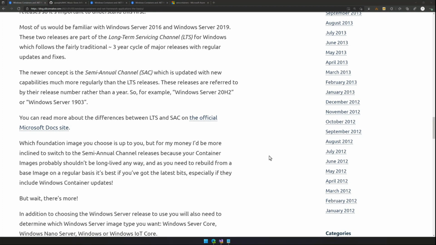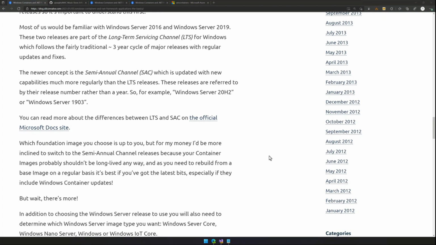So there's a lot more change in them. They update much more regularly, and the base images that you can pull from in the Microsoft Container Registry are updated very frequently. So you wouldn't necessarily be continuing to pull Windows Server 20H2 for a long period of time. You might update to pull the latest Windows Server semi-annual channel release version, which might change version over time, but will include fixes and features as you go along.